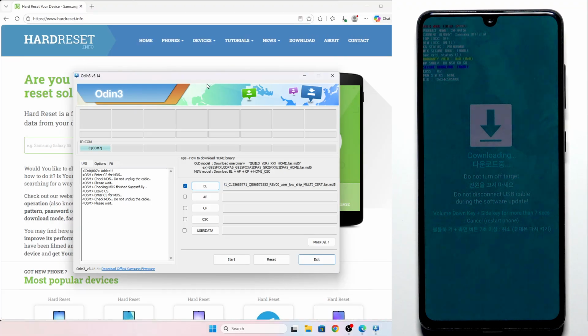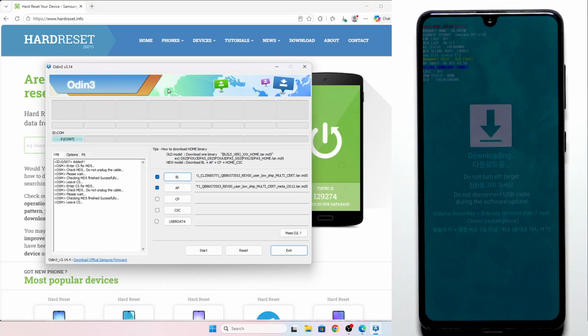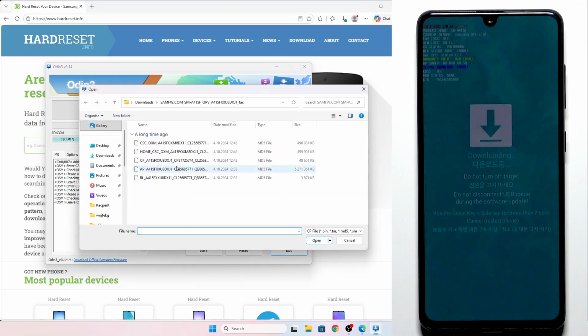This one is going to load a little bit longer because that's the biggest file, so we need to be patient until it loads. Okay, now CP, select the CP file,